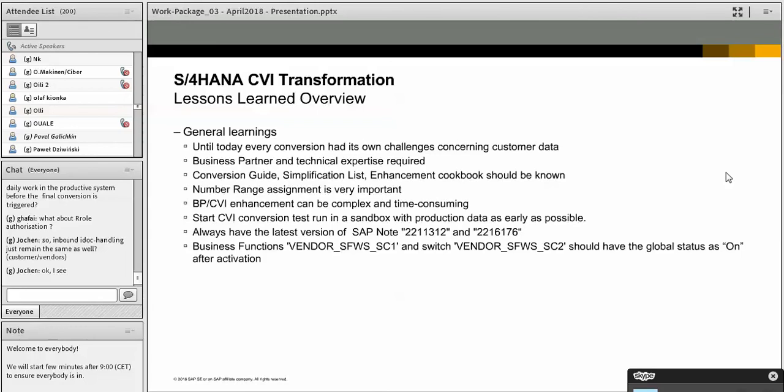We have said as well already that number range is really important, and that the enhancements can increase the complexity and the time required. That's why we always suggest to start the customer vendor integration test run in a sandbox with the production data. Production data is really important here. You will see that tomorrow for the